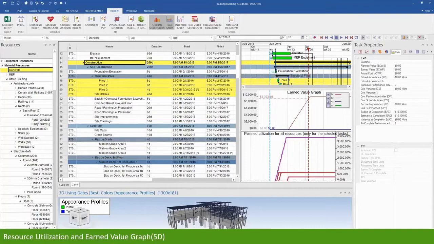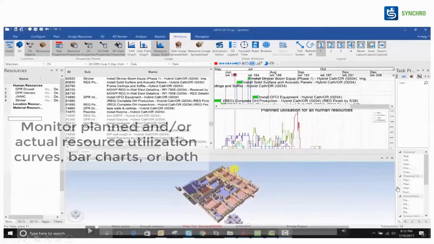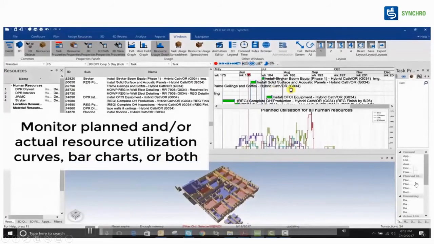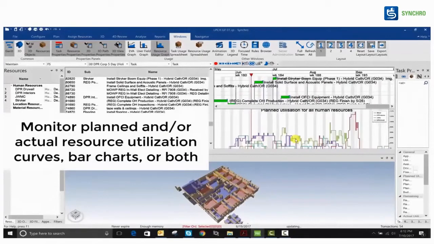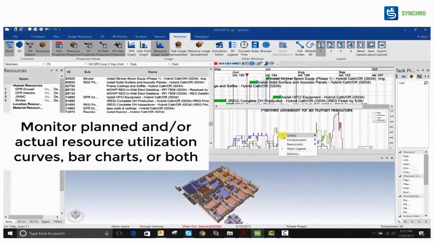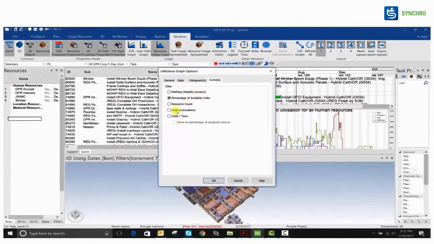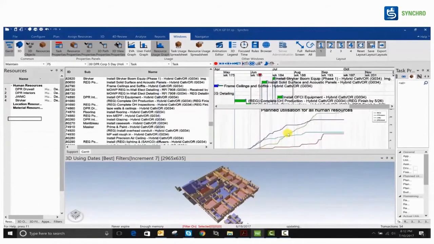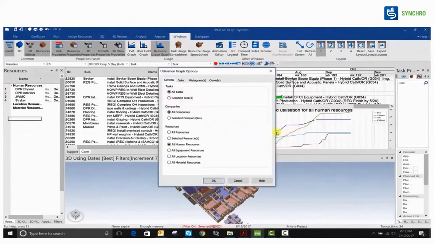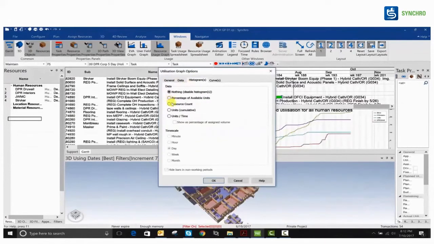So another question people ask is, can we do a resource utilization and earned value analysis? So I will say yes. What I did here, I created the schedule and created an earned value graph and resource utilization. And you can see in the task properties, we have the earned value parameters. So I wanted to show you how to do a resource utilization. So we have created planned and actual resource utilization using a command which you use for graphs and all. So here you can see you can use this planned utilization of human. This is a resource we have selected. So in human resources in the graph, now let me check for histogram.